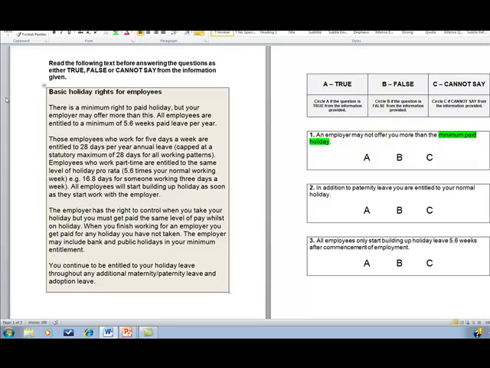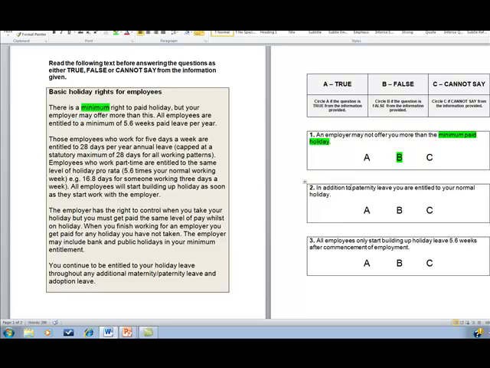minimum paid holiday. Now all of a sudden, at the beginning, I'm quite fortunate, it says there is a minimum right to paid holiday, but your employer may offer more than this. So that key word there, to me, states that it may be relevant to that question. Is it relevant? There is a minimum right to paid holiday, but your employer may offer more than this. The question is, an employer may not offer. So we know, therefore, that that is false. So I'll highlight that question. So I've answered that without reading anything else in the passage.